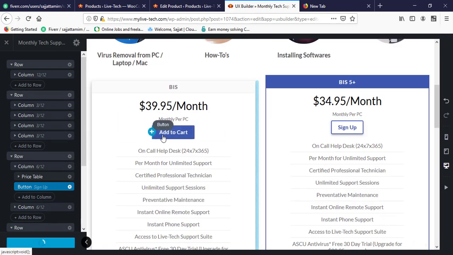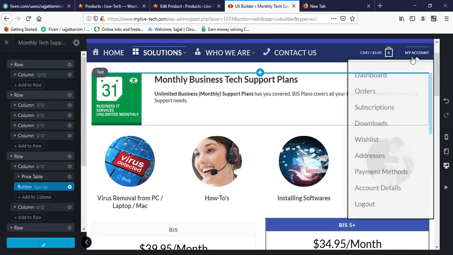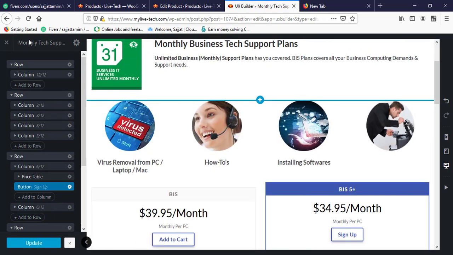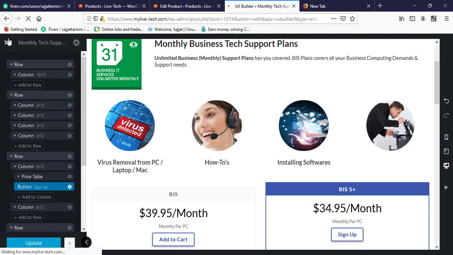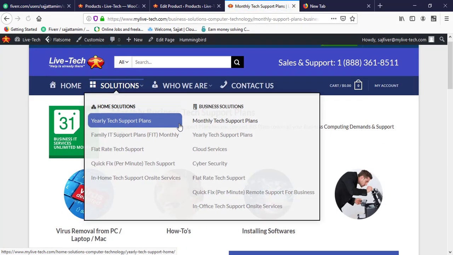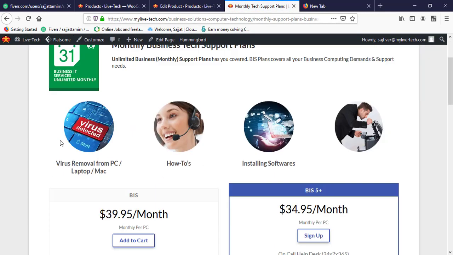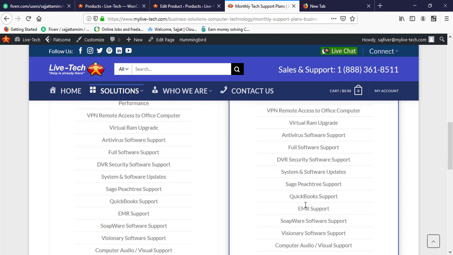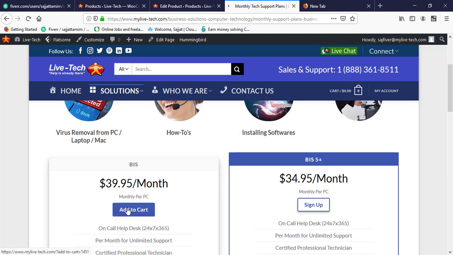Now when I click on add to cart, this product will automatically link to the cart option. So let's check. Okay, the update was completely successful. I only completed this part, I haven't completed this other part. So if I click there, nothing changes and no URL loads because there is no link. When I click on this one,